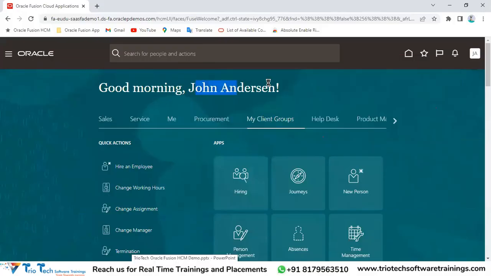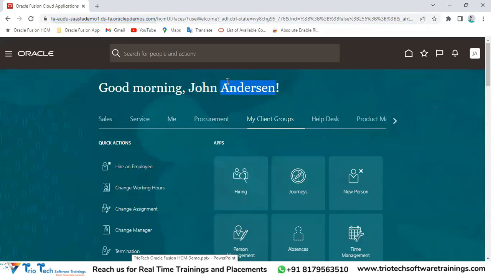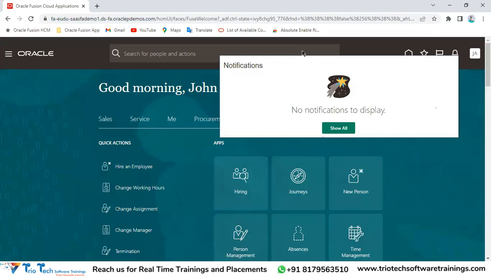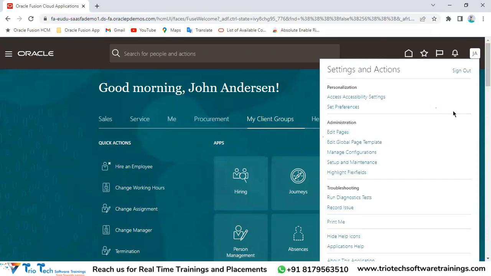So if I'm a managerial cadre person in the system, if any approvals trigger to me, they will come and sit in the bell icon of my user. So all the notifications, the concerned managers or HR can access here. Either approve or reject can be done from this bell icon. That is about notifications. And then if you click on settings and actions,